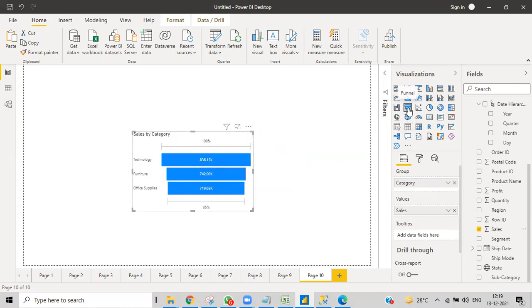This is called a funnel chart, because it looks like a funnel. A funnel is what we use to filter, or to fill a bottle with water or something else.